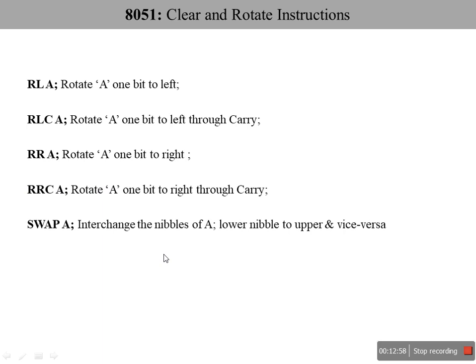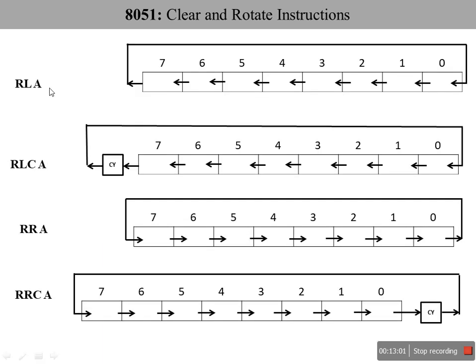Then we'll see at the end a swap instruction. Here this is RLA instruction, rotate accumulator left. From this side to this side, the content of accumulator will be rotated, rather you can say shifted, because it's a rotation from this end to this end. Then after that it is shifted here. That means the 0th bit will be shifted to the 1st bit, or content of this location will be shifted to this location, and so on. Then MSB or 8th bit of accumulator will be brought and copied into the 0th location, or this location here.